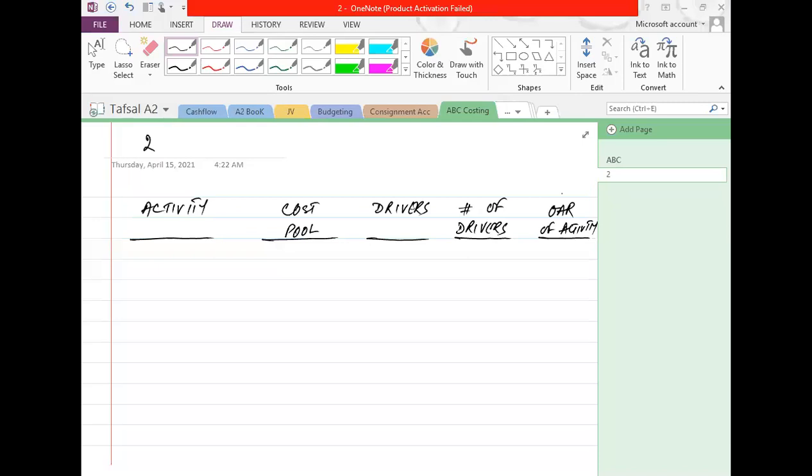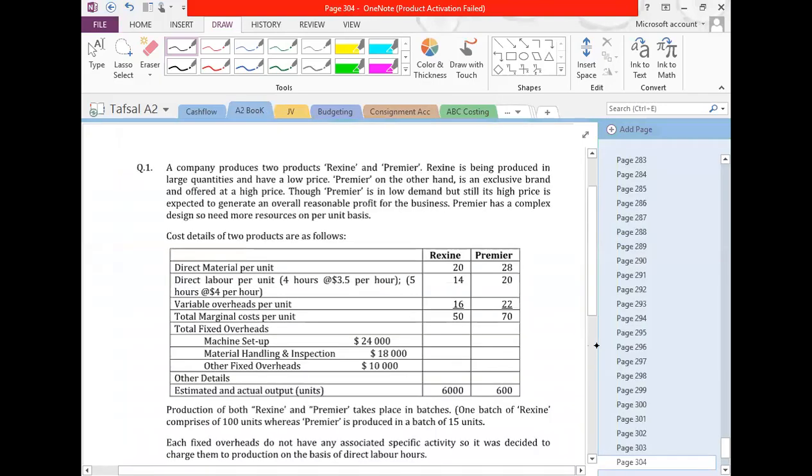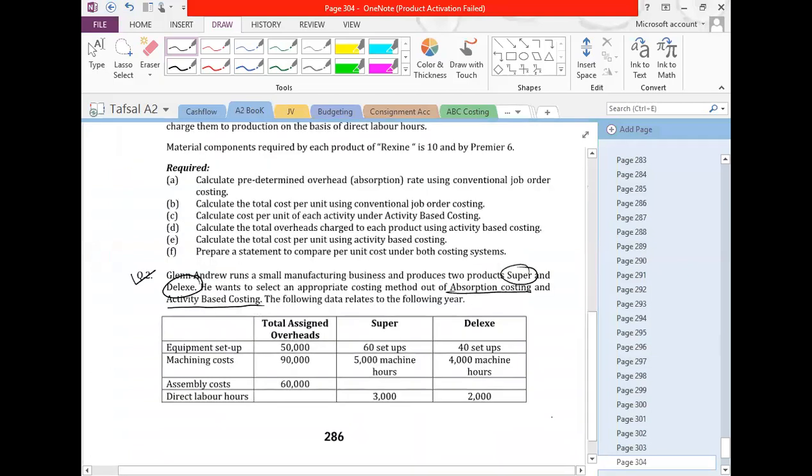So according to the steps, I formulated the table, or you may say sketched the table. Activity cost pool, they are in dollar form. Drivers, number of drivers, and OAR of the activity. If you see question number 2, these are the activities which consume these costs. Overheads are costs: equipment setup, machining cost,